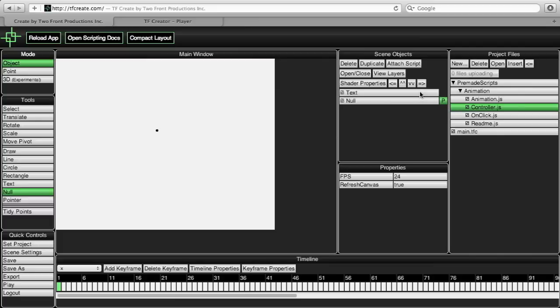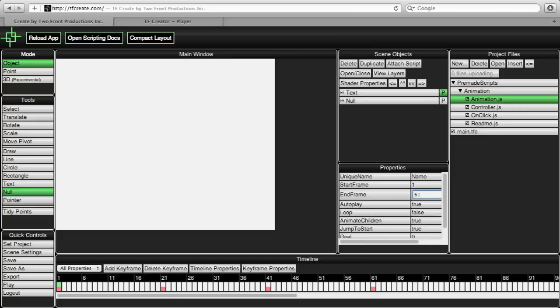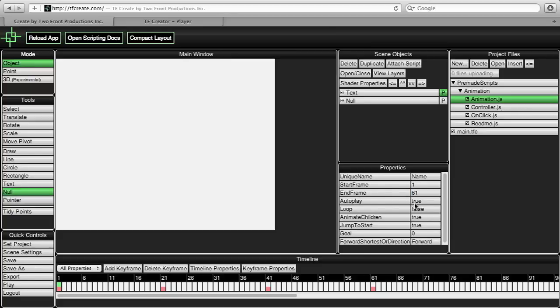Now, let's create an animation and tell it to play when the application initially launches. Select animation.js and our text object and attach the script. If we view the properties for this script, you can see that we have quite a few different options. Unique name's good, start frame's good, but we need to change the end frame to 61. We do want it to autoplay, so that's good. And let's also loop it. The other properties might not be clear, but are more advanced, so we don't have to get into them right now. If we now save our scene,